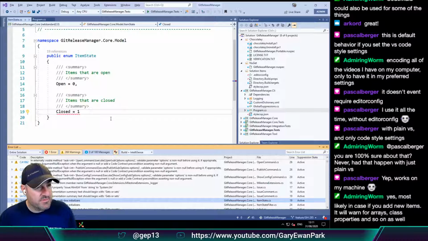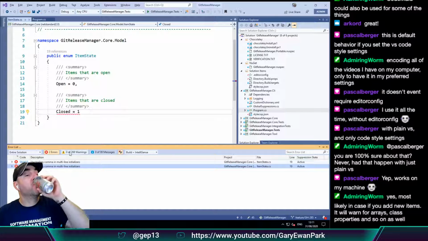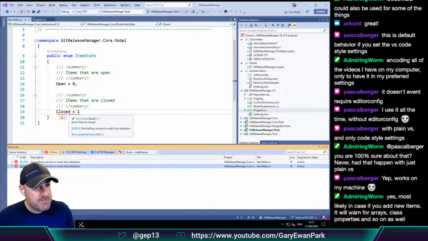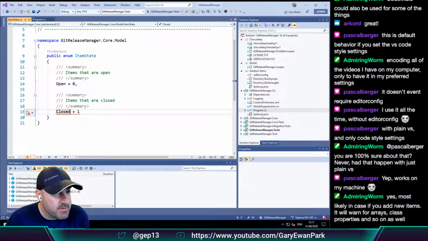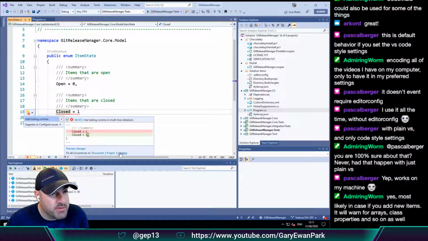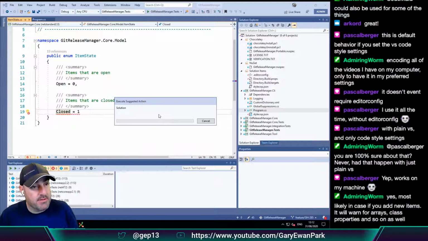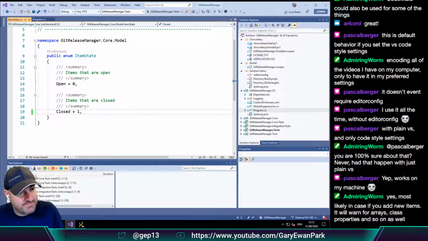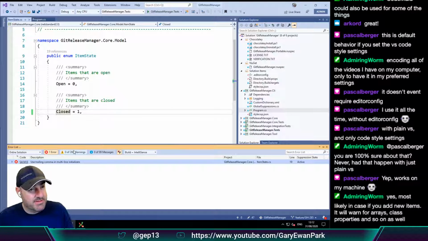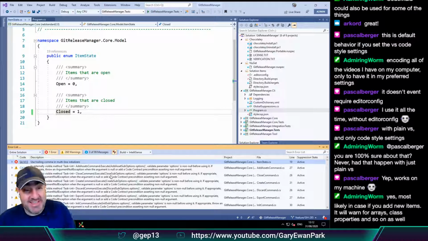So that should run off and make us some errors. And then the beauty of Visual Studio is we should be able to do that for the whole solution. And it'll be apply. Beautiful. So we've got 268.